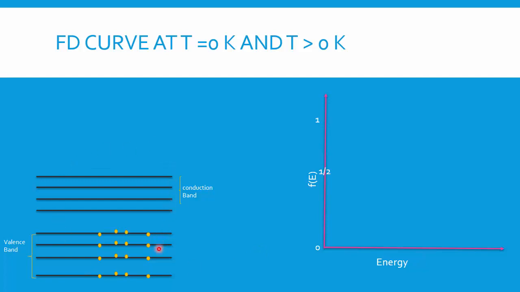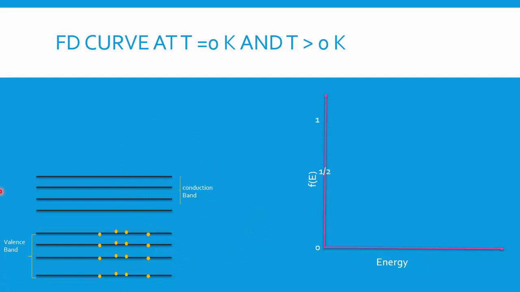If I want to plot this story in a graph, on the x-axis you have energy, and on the y-axis you have the distribution function or probability. The highest value is 1, the midway value is half, and the lowest value is 0. When you have 1, the energy level is full. When you have 0, the energy level is empty, and when you have half, the energy level is half filled. So if that energy level has a capacity of 6 electrons, it is now occupied by 3 electrons.